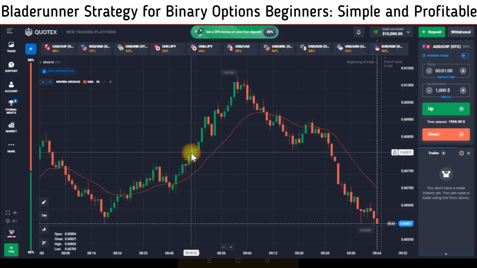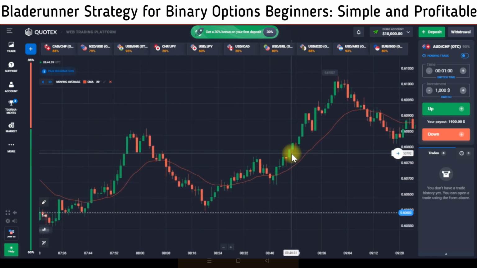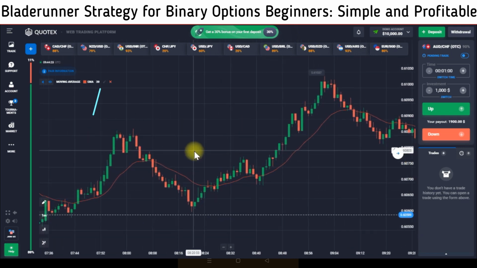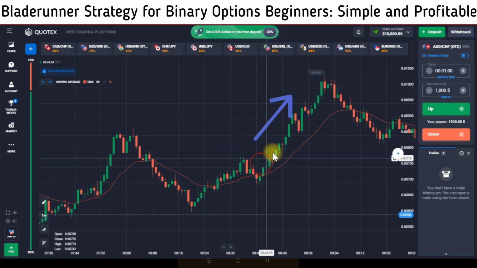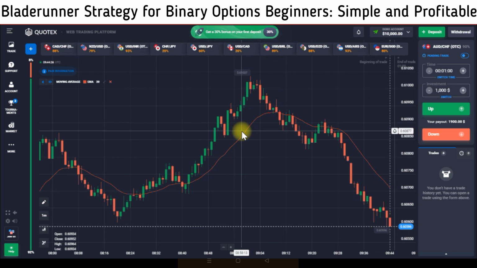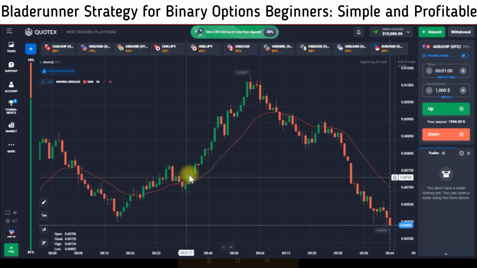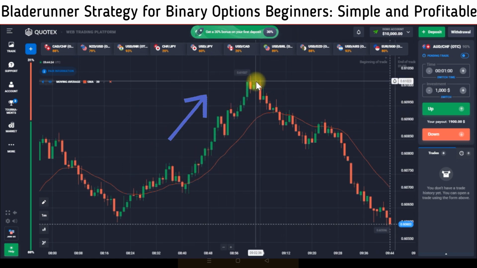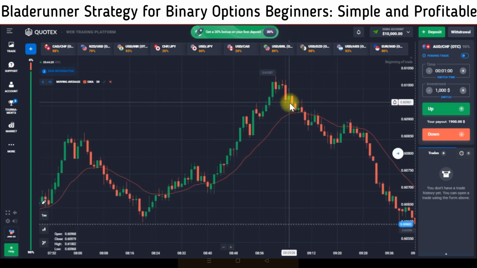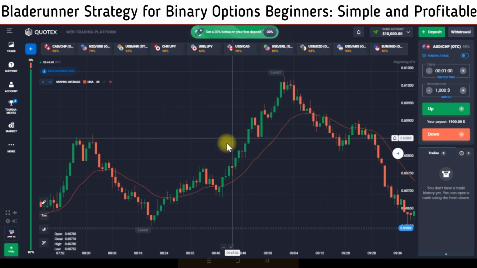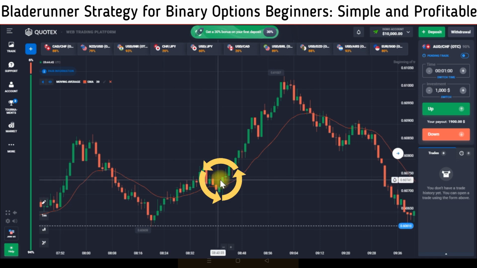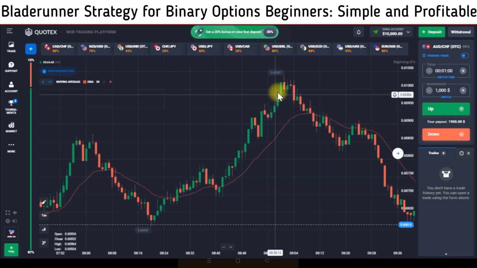The first consideration for the application of the Bladerunner trading strategy is that the price must have broken out of a certain range, or if not so, it must be trending. After identifying a trend, you need to observe how price behaves with respect to EMA 20. If the price is trending above EMA 20, then you can partly resolve to an upward bias. The reason we say partly is because there is something more that must happen for us to resolve completely to an upward trend bias. This is when the price drops to hit EMA 20 and bounces back upwards, thus retesting